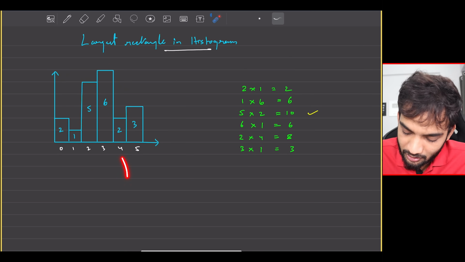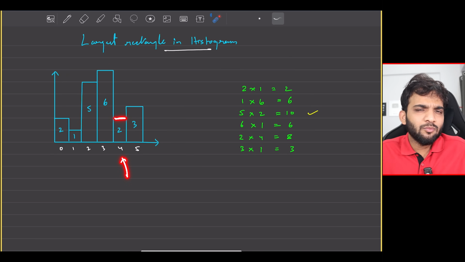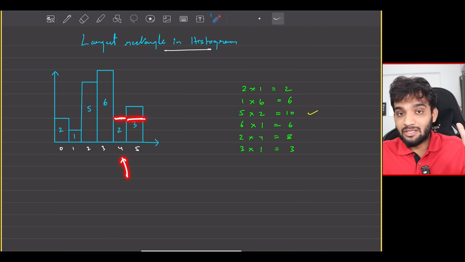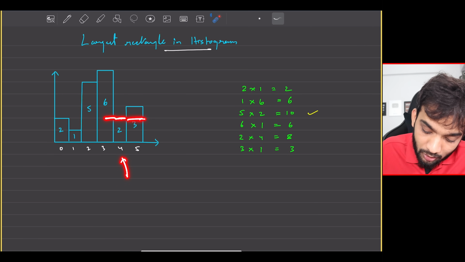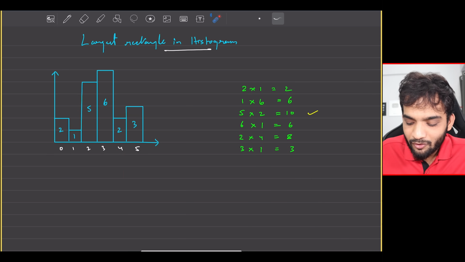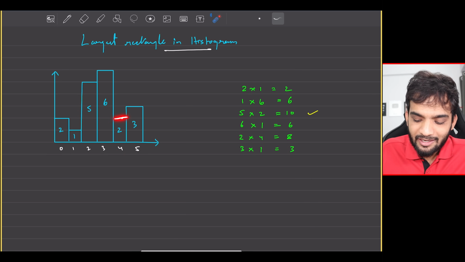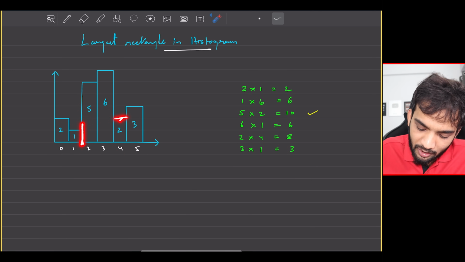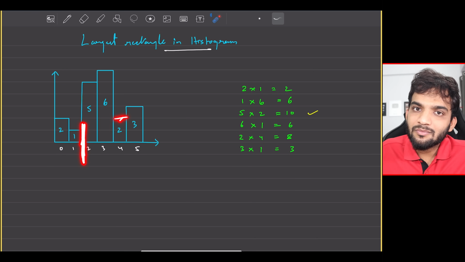Okay. If I look at this one, which is a height of 2, I can go till the right, till the last. But I cannot go on the left because there is a smaller element. So can I say for every block, I can go till the smaller element is encountered? Okay,